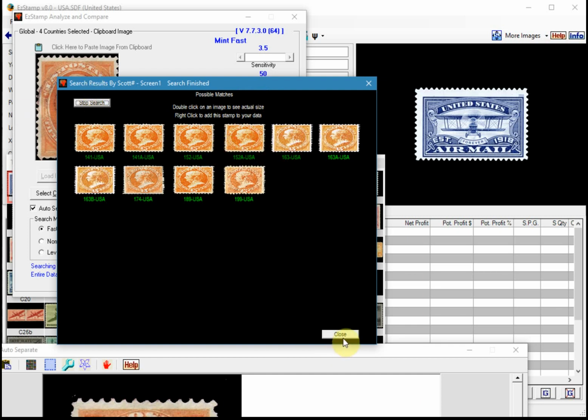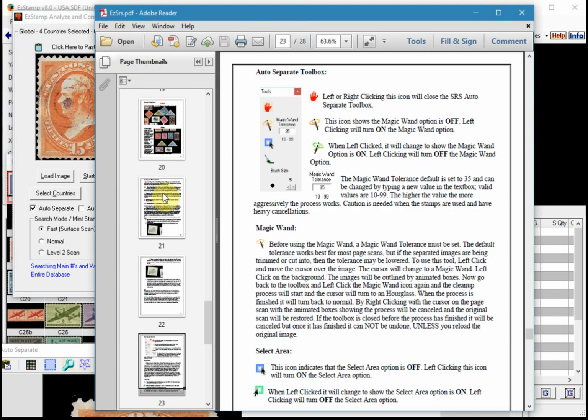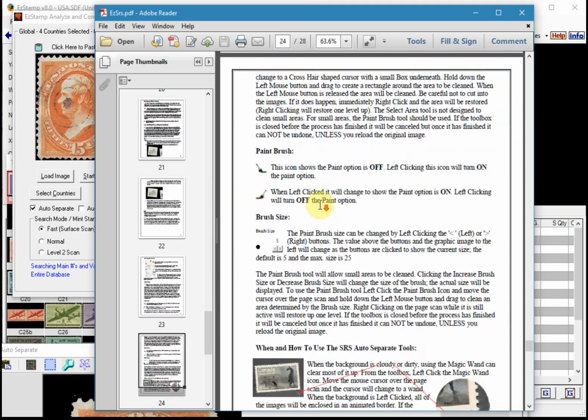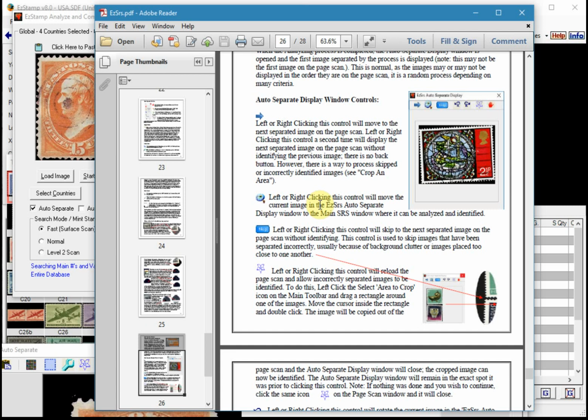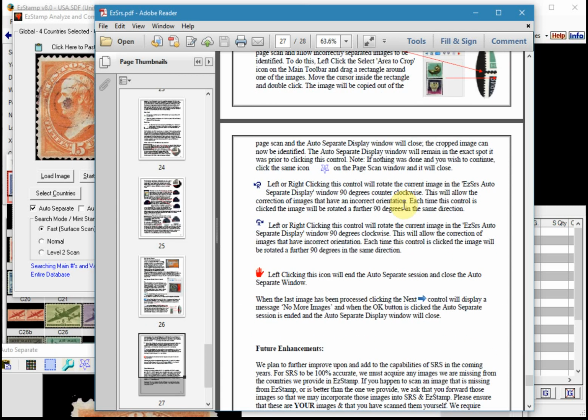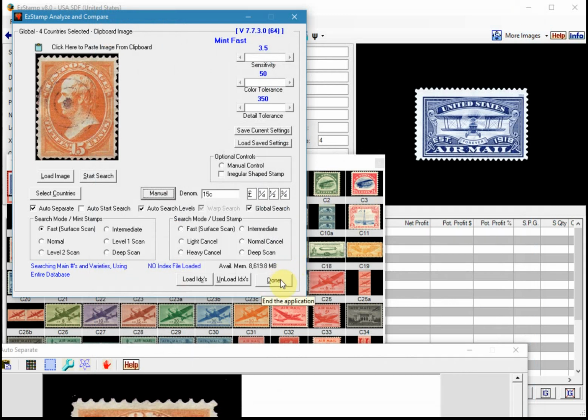Okay, so one of the last things that I want to make sure that you do is there is a very comprehensive manual built into SRS, and it has a lot of screenshots and examples of things, explaining pretty much all the functionality. So I highly recommend that you take the time and read this manual if you have any questions about the functionality. So for now, what I'm going to do is I'm going to exit